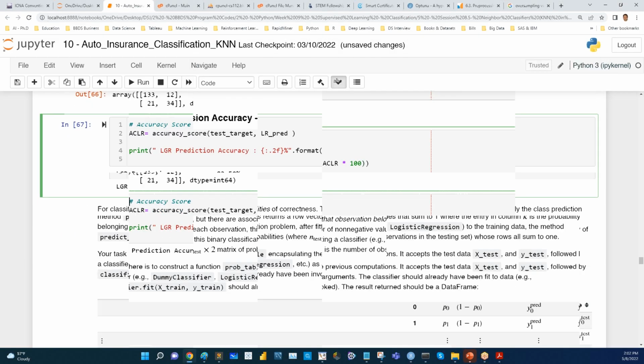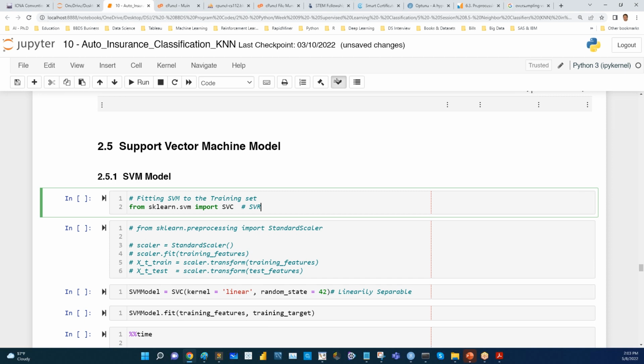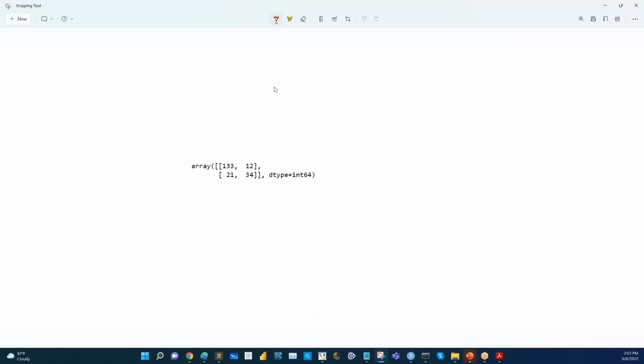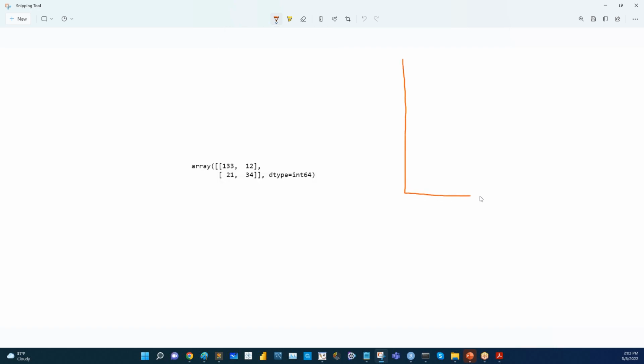Okay, and now we are going to do support vector machine. It is an algorithm used for classification and for regression at the same time. So what this support vector machine does, when we plot our data into 2D, if we were to plot this 1,000 claims into 2D, okay, if we were to plot them,